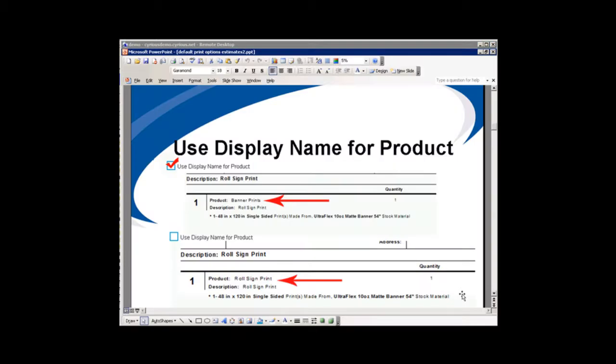So looking at this example, on the top, when Use Display Name for Product is selected, we can see that the product description is banner prints. Okay, assuming that we have checked off the Use Display Name for Product option, we'll notice in the first example of the first line item, the product reads banner prints, which is what we changed the display name to. Unchecking that same option on the report menu, the product reads Roll Sign Print, which is the actual name of